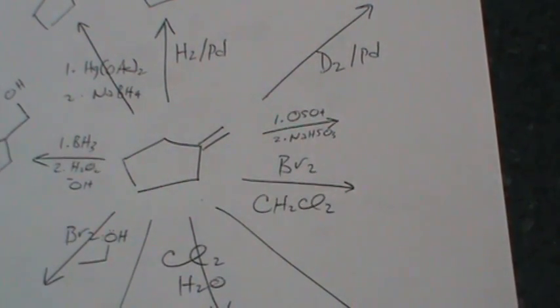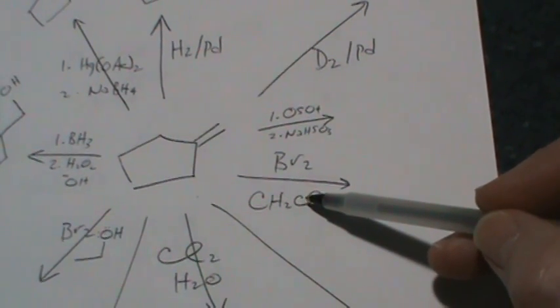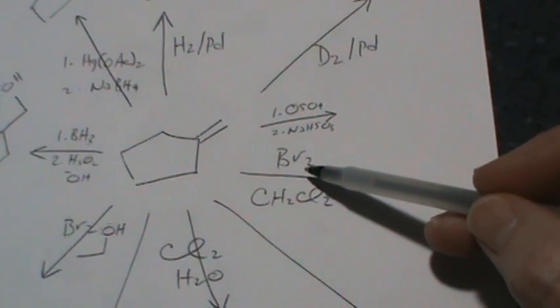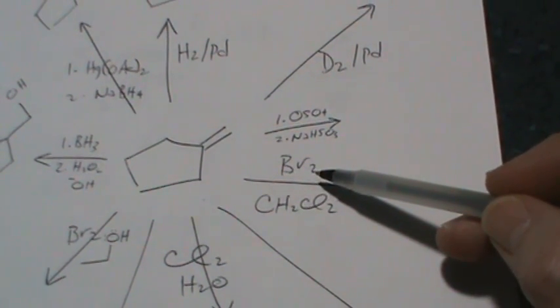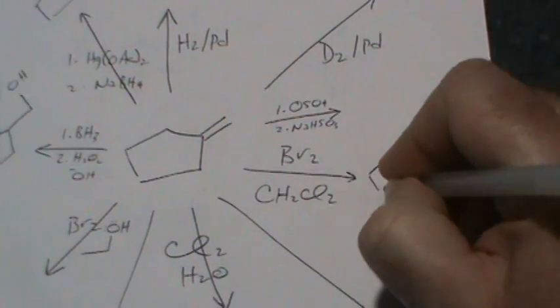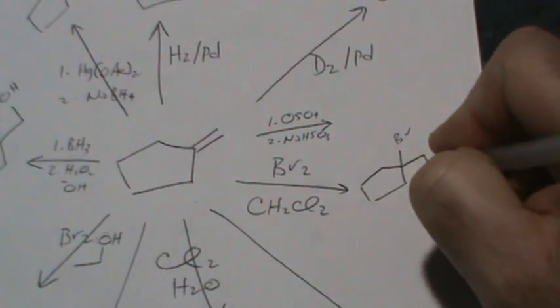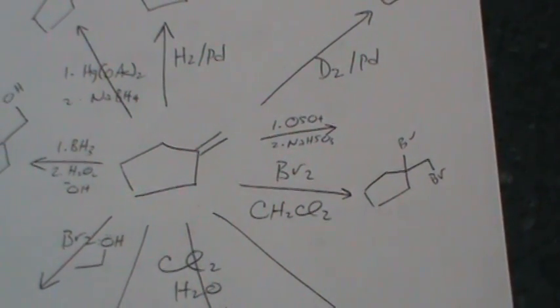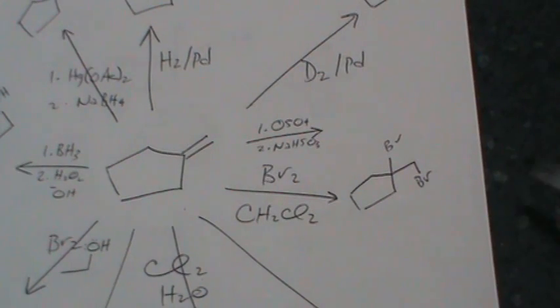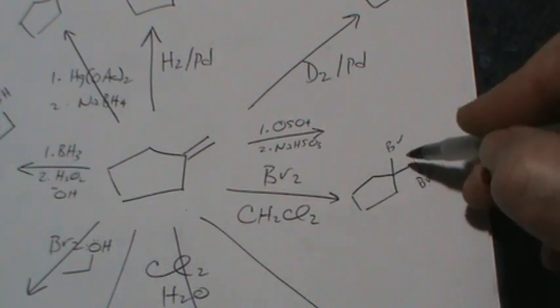What we know about this halogenation reaction when it's run in an organic solvent, which isn't always indicated, is that it will lead to an anti-vicinal dihalide. In this case, that means an anti-vicinal dibromide. I'm showing it as though it has added anti, and indeed it would add anti, but again, remember